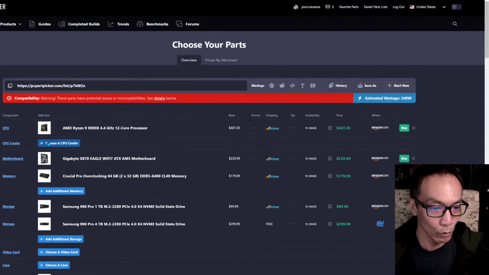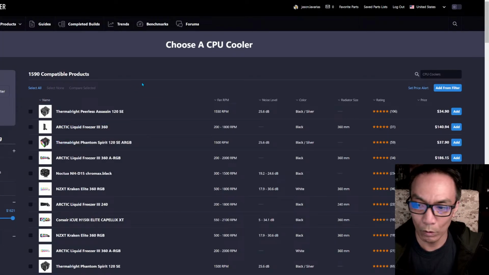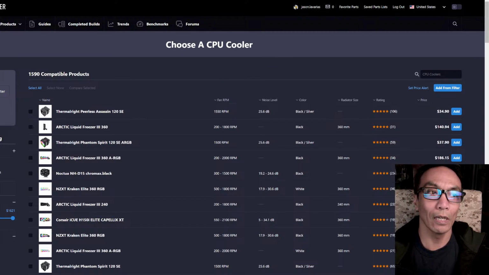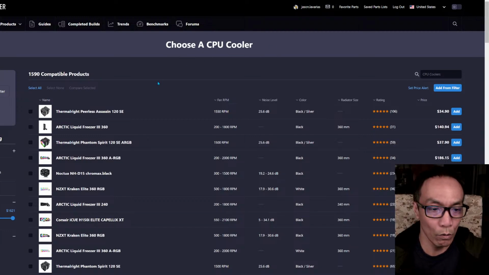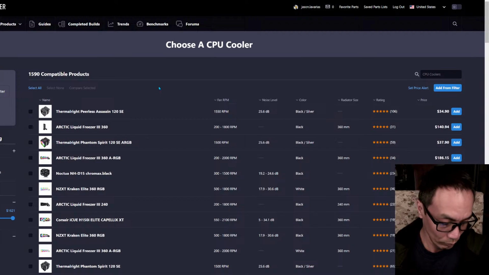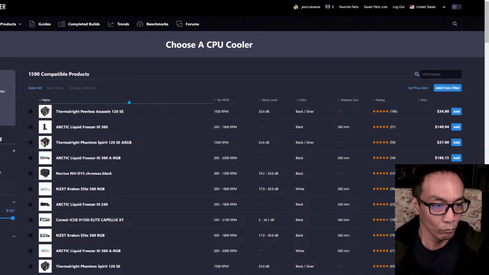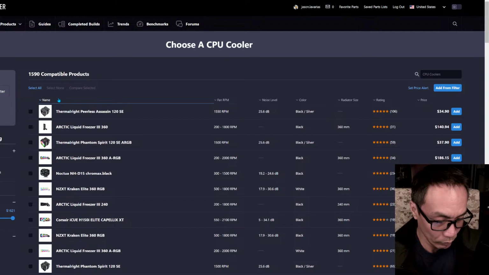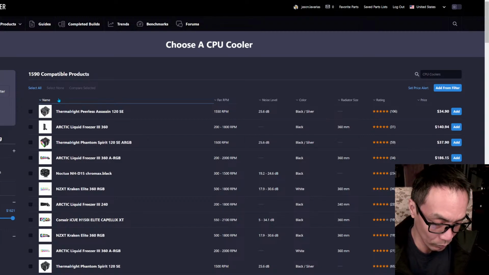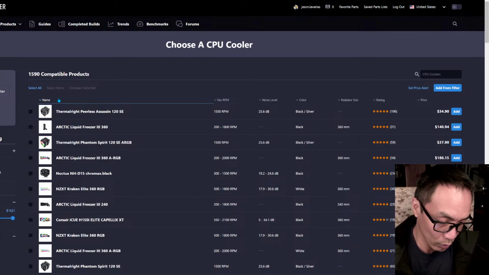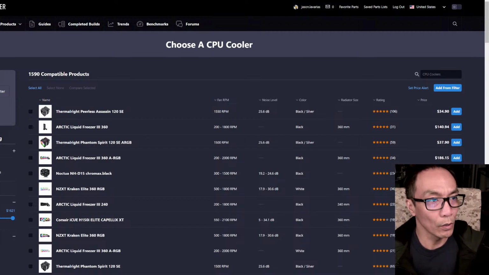And then, alright, what's not compatible? Alright, we need a cooler. Choose a cooler. We're gonna pick a cooler that, let's see, what cooler do I have? Corsair iCUE. Do you have a preferred cooler? Alright, in the meantime, let's go ahead and add